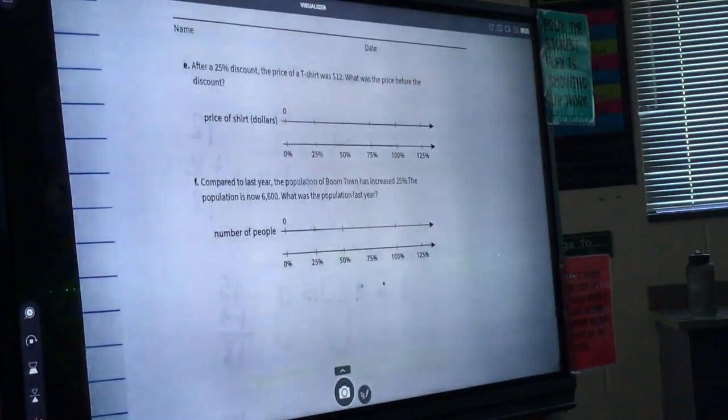Okay, so it's 5,000. I got one piece of it. You show your work by showing